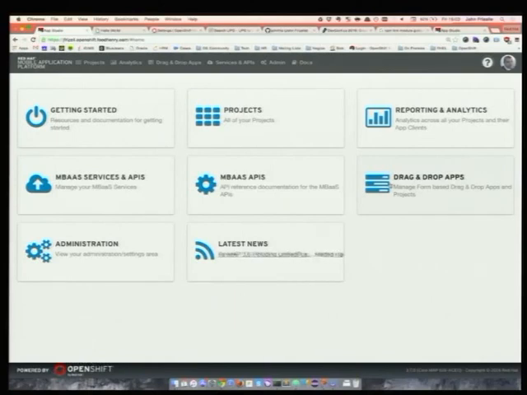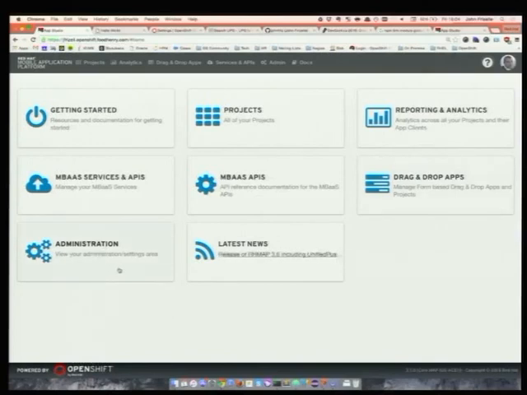Drag and drop apps is a set of functionality designed more for line of business users and developers. So that allows people using a drag and drop system to drag fields onto a form. So standard text fields and number fields, mobile specific things like location capture, image capture, signature capture. And then without writing a line of code, these line of business users click a button, generate a mobile application, and they can start replacing paper-based systems. It's pretty cool for non-technical people, but it's not something we're going to really look at very much here today.